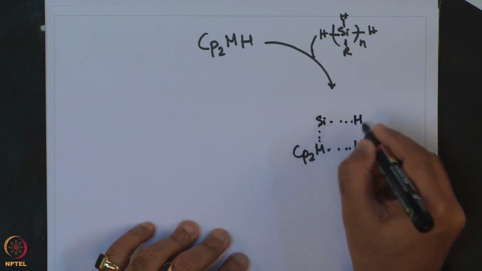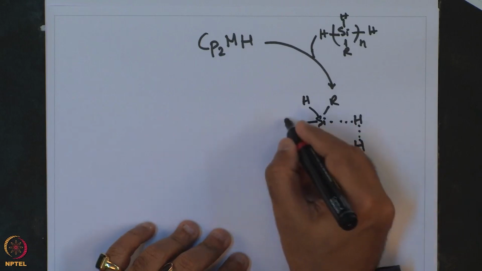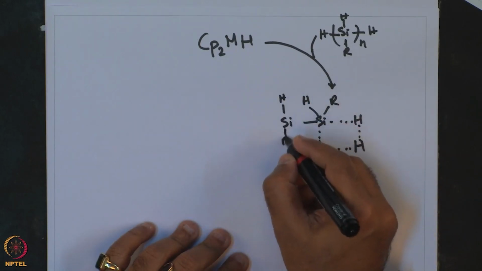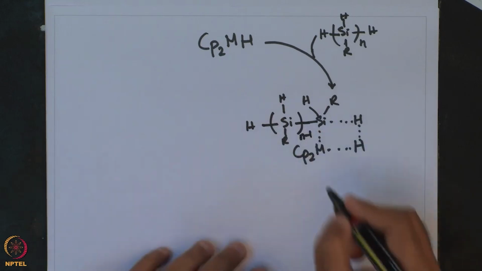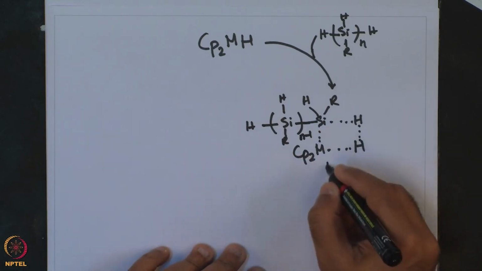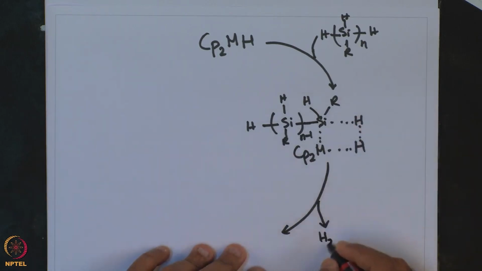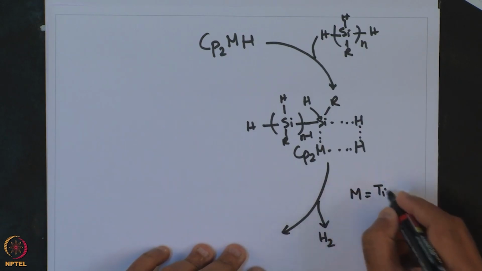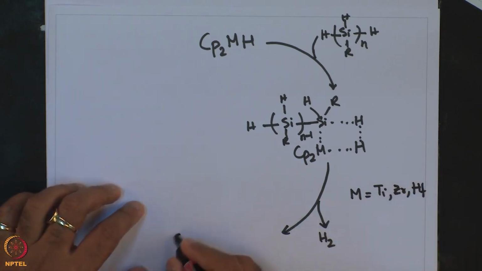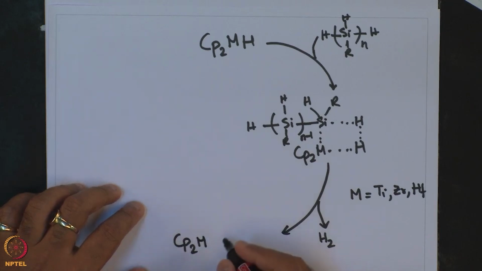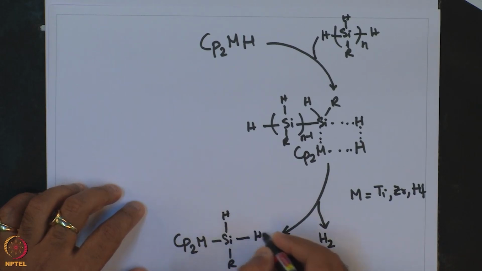So, this is given as Cp2M, H, Si H R H, then Si H R H to the n minus 1, and since it is dehydrogenative coupling, it loses hydrogen H2, and the M over here is titanium, zirconium, hafnium, to give this Cp2M Si H R H